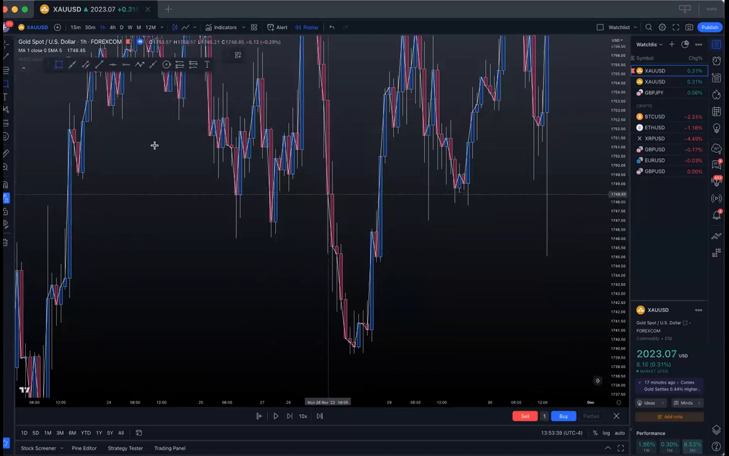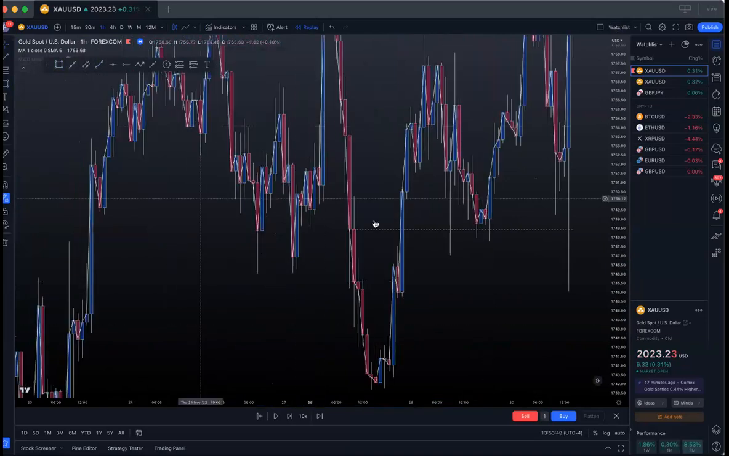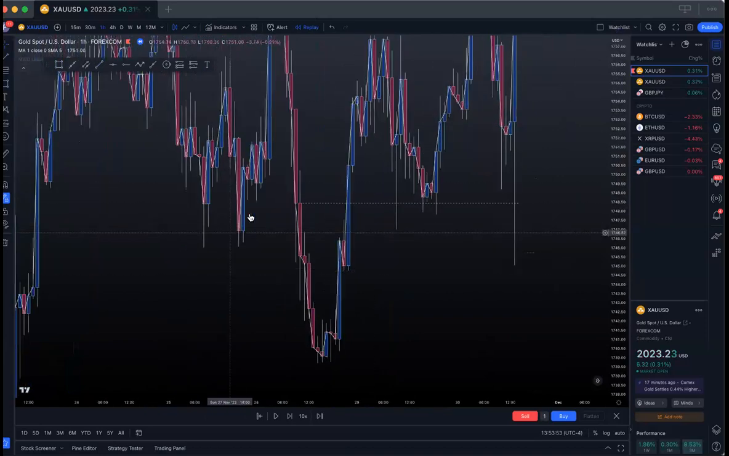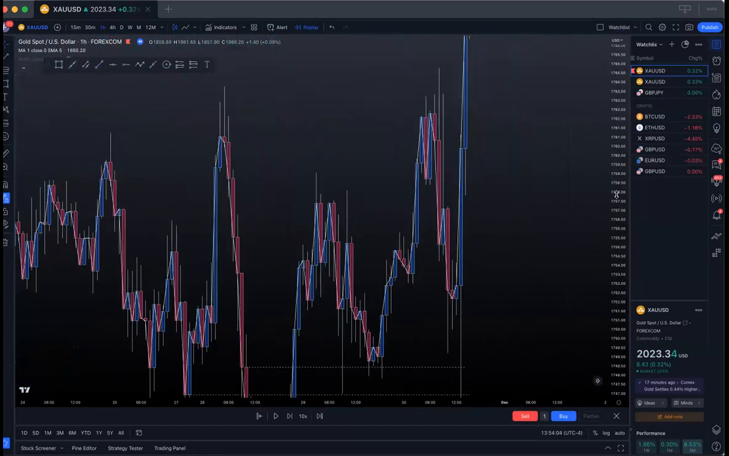But the reason why price came and tested this level so many times is because of the strong break of this and then a test of it. You know what I mean? So if you wanted to get involved, right? So for example, this one, what you'll see is